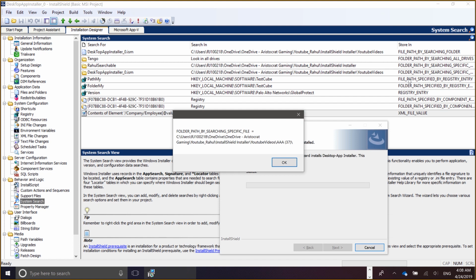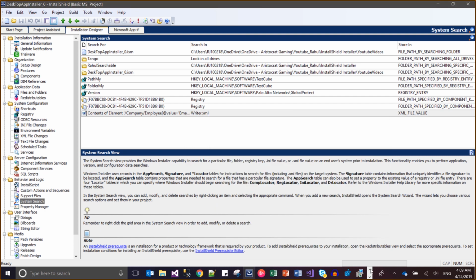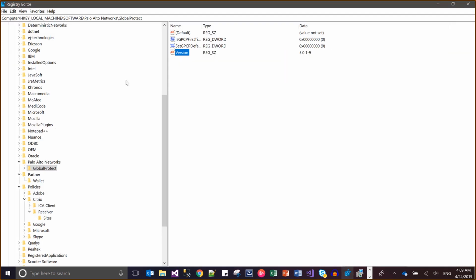The fifth one is file path specified by registry entity. So it says that I am looking for this path, which I have already shown you. I am looking at the value of